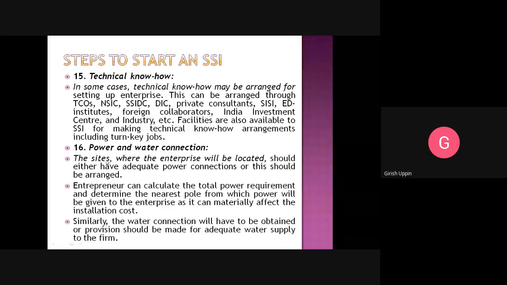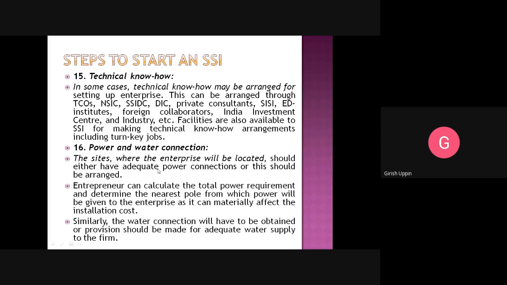Nowadays, since many states are generating surplus power, power may not be a big issue or constraint in starting an SSI, but water might become a concern, because some industries require a lot of water. In that case you have to have an estimate of the water requirement and the power requirement, and have the permission taken from the respective agencies which provide the power and the water.